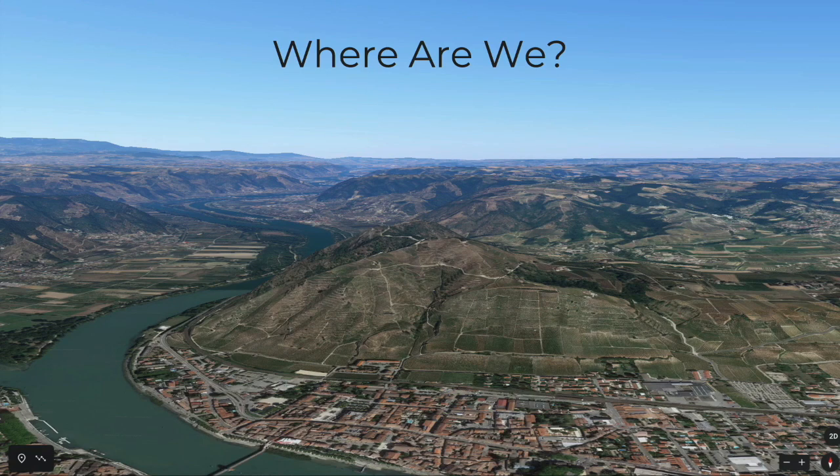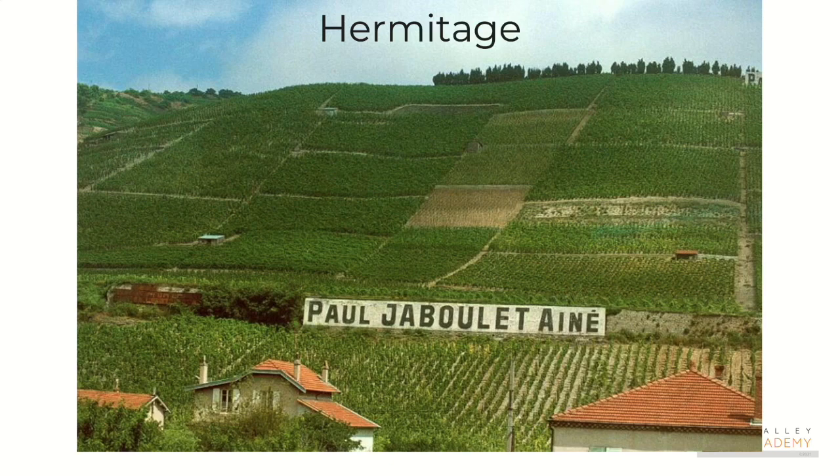That's the hill of Hermitage. Yeah, so that's the famous hill of Hermitage, where the famous red wines have been made for centuries, probably the most famous of the northern Rhônes, and it's named after a 12th century crusader. So there was a crusader who came back from the wars, and if you look right up here, he built himself a little hut or chapel, and he lived the rest of his life up there on the top of